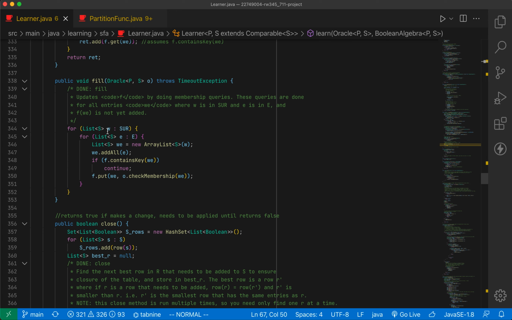So it goes over all words w in S union R, which is the union of the sets S and R, and then it also loops over all words lowercase e and uppercase E, which are used as the columns for the observation table, and then it constructs a concatenation of these 2 words as array lists, and then checks if f contains this word, and if it does, then it continues to the next iteration because we already have that entry, it's filled in. Otherwise, we fill that entry in by doing a put with a membership query for that